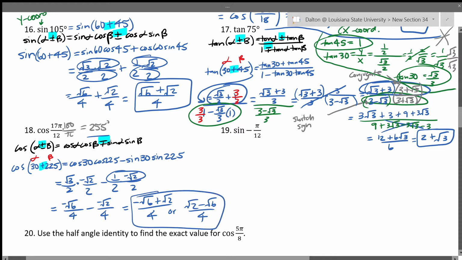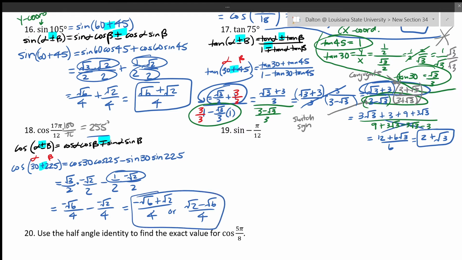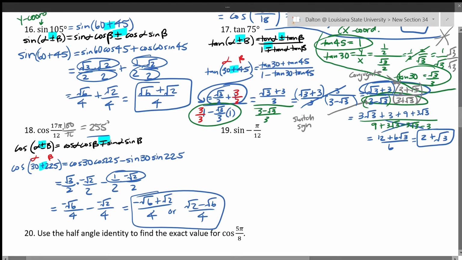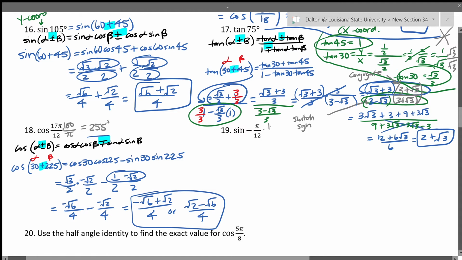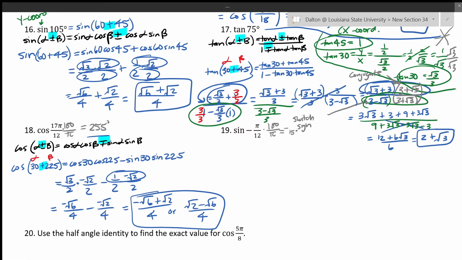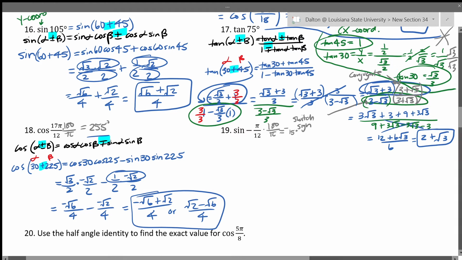Number 19, the sine of negative pi over 12. First thing I would do is convert pi over 12 into degrees. So if I multiply it by 180 over pi, I end up with negative 15 degrees. Hold on. Negative 15 degrees. So again, I want to know what are two numbers that I can subtract or add to be negative 15 degrees. Well,